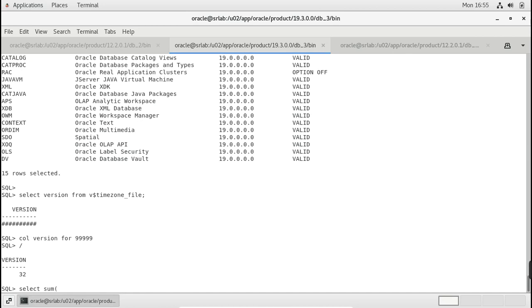Here it is not required to consider the DB size. It's all about the resources we are allocating, like components, CPU and memory resources; only then will the downtime be considered. So here it is 15 components for 12.1 and 12.2, and 19c is also having 15 components. Here we are going to plug these 12.1 and 12.2 databases into the container.